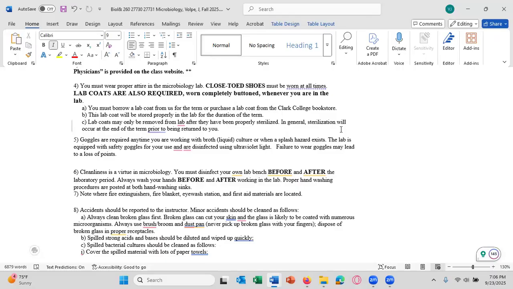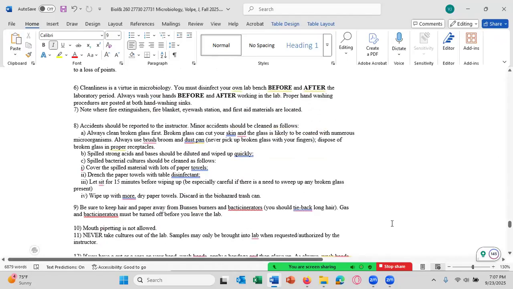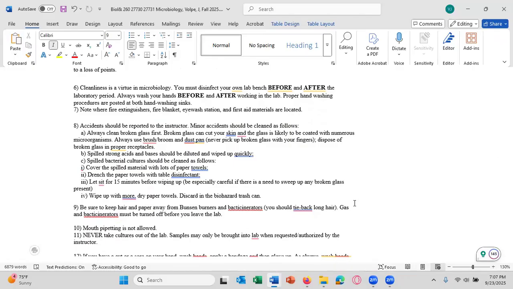You should note we have fire extinguishers or a fire blanket, an eye wash station, and first aid material in the lab. Accidents should be reported immediately to your instructor. Minor accidents should be cleaned as follows. Always clean broken glass first. If it is contaminated, you must put disinfectant on the area first. Let it sit for 15 minutes. Cover the area with paper towels to wick the disinfectant everywhere. And after 15 minutes, you then remove the paper towels,